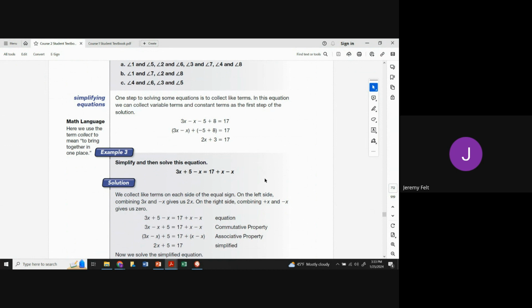Simplifying equations, we can combine like terms, and to combine like terms, they have to be the same variable or unknown to the same power. So like x squared and x, we can't combine those by adding or subtracting because we don't know what x is, and x and x squared are not the same. And we can always move around equations, treat it like it's all addition, and then rearrange so that way we can combine like terms. So if we're looking at example 3 here,